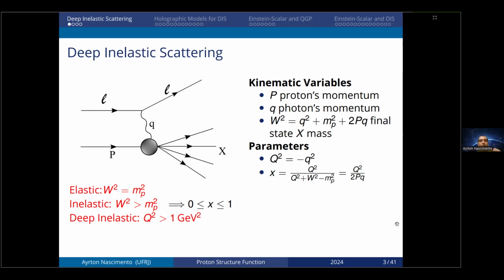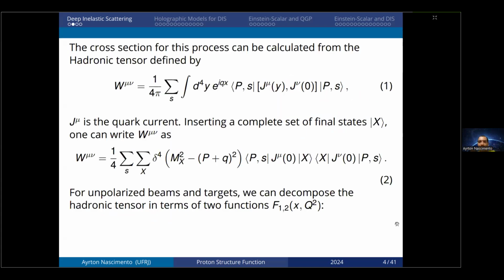So right now I'm going to tell you how to describe this in holography. Well, not right now, for describing the cross section it's not holography yet, but in a minute I'm going to tell you how to do that. But before that, for the cross section related to this problem, just kinematics,